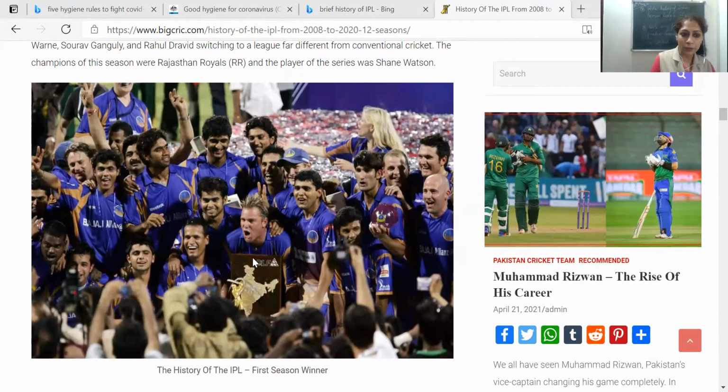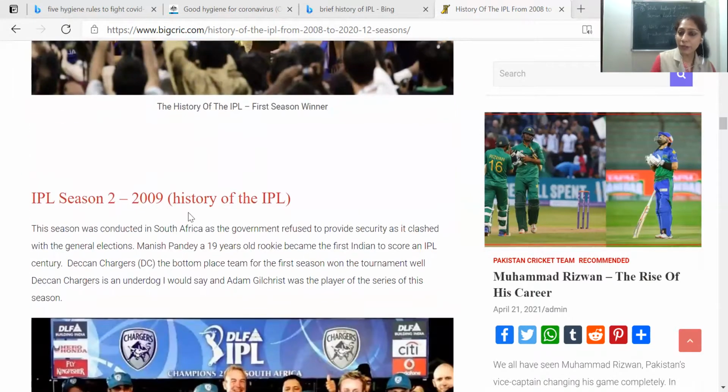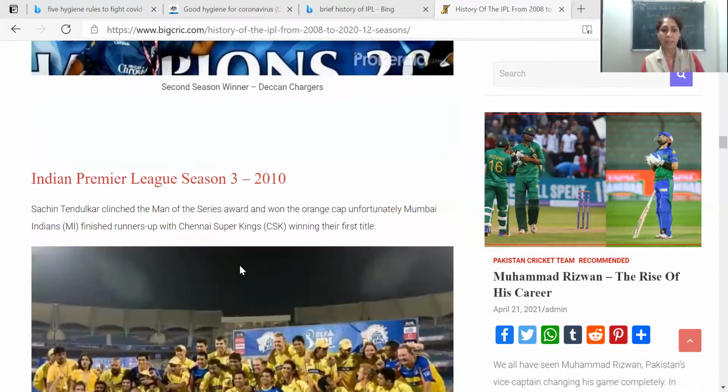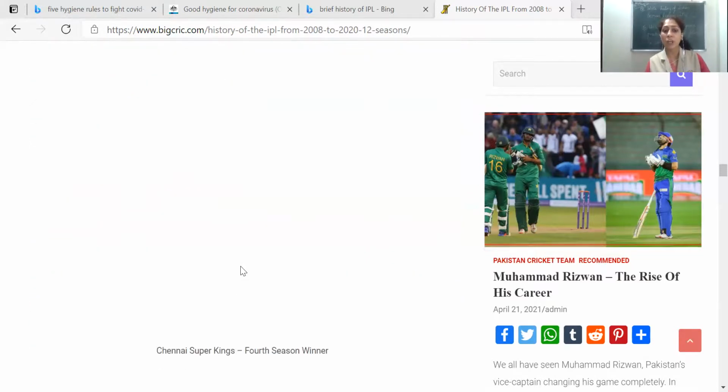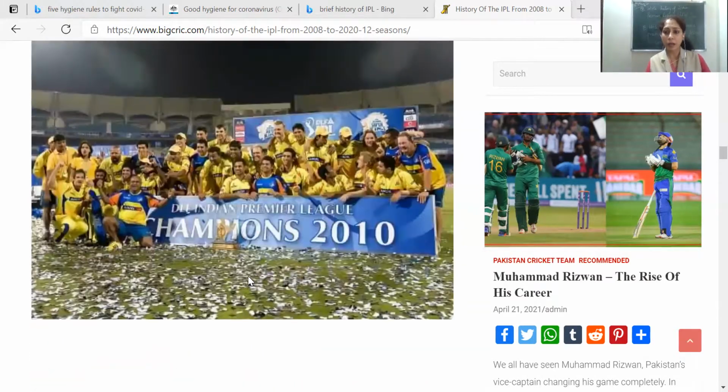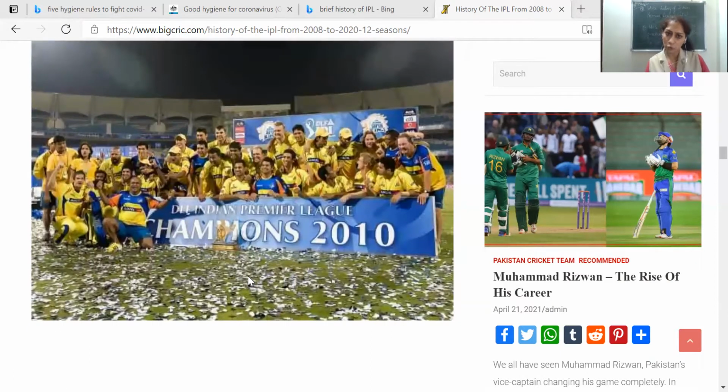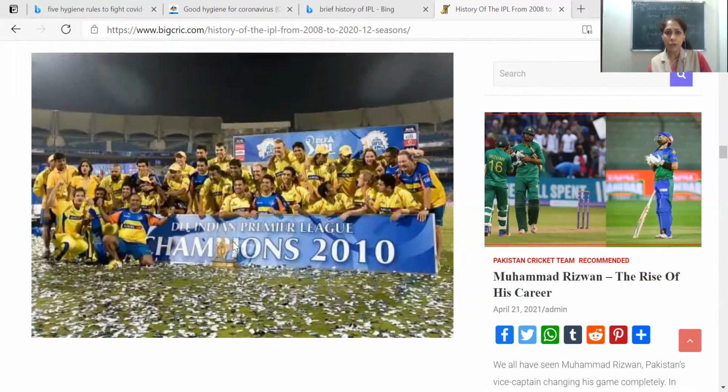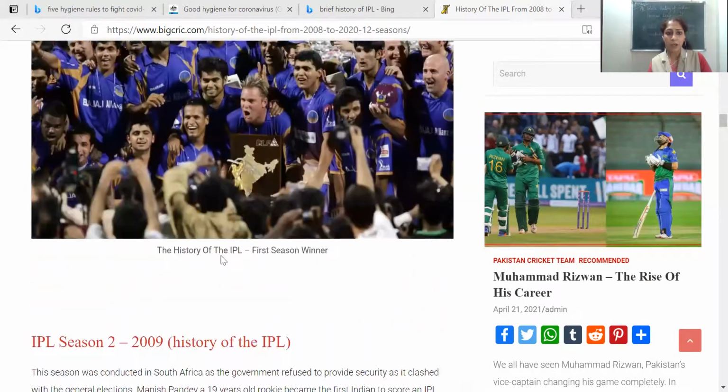Okay. So the history of the IPL, the first season, that was the scenario. So IPL season 2, again, they have given 2009 history of the IPL. You can decide your stuff on your own, right? Because they have given it for every year, however much you want to write. Make it brief. In 2 pages, you need to finish, right? So 2 pages meaning both sides of the page. That's it, right? This is my set for your writing a brief account on IPL.